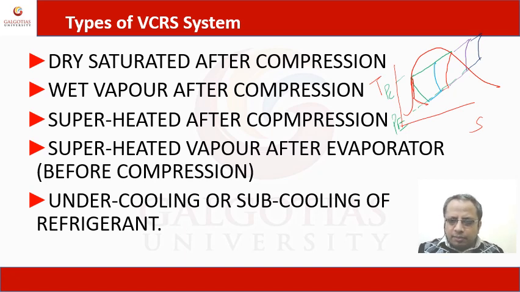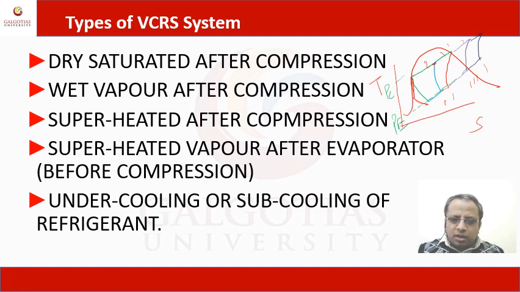Suppose this is the activity 1 to 2, then 1 dash to 2 dash, 1 double dash to 2 double dash, 1 triple dash to 2 triple dash, and here. So process 1 to 2 is very clear. This activity is performed within the dome. That means the wet vapor compression is performed because the activity is terminated within the dome. So here there is no dry vapor condition, here it is the wet vapor condition. So this is the first process, the wet vapor after compression.